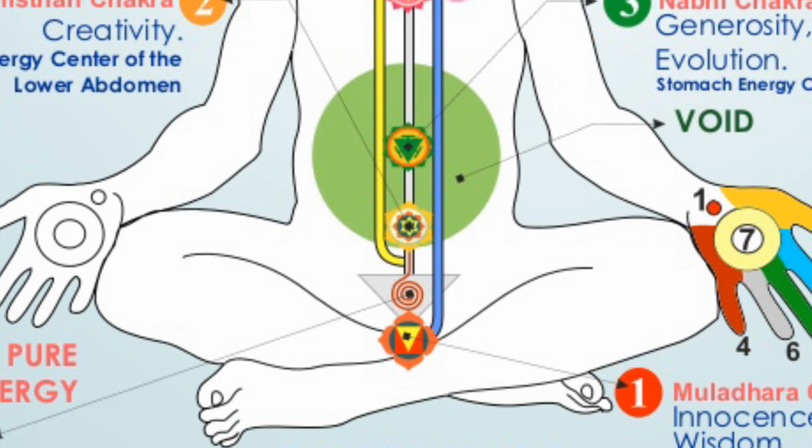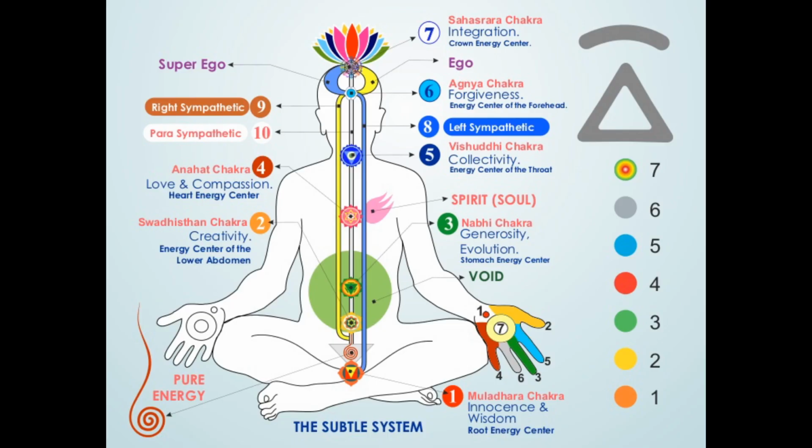We have already seen the position of the Muladhara Chakra in the previous session. Here you can clearly see that the Kundalini energy is placed inside the inverted triangular bone, in between the Muladhara and the Swadhisthana Chakra. We already know that the left channel starts from the Muladhara Chakra and goes to the left side of the body, and the right channel starts from the Swadhisthana Chakra and goes to the right side of the body.